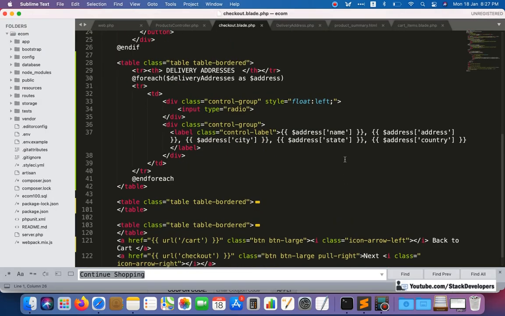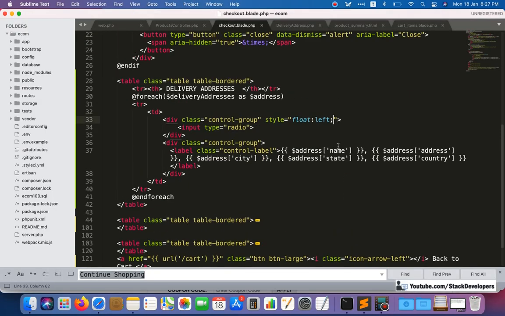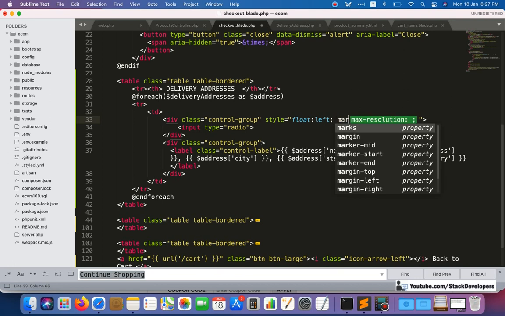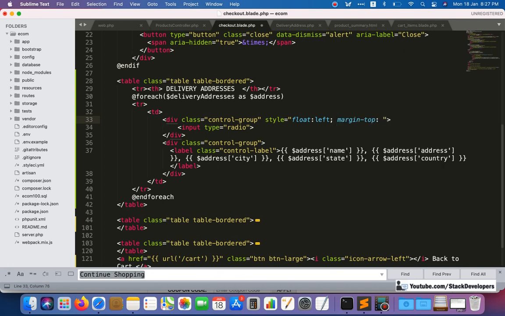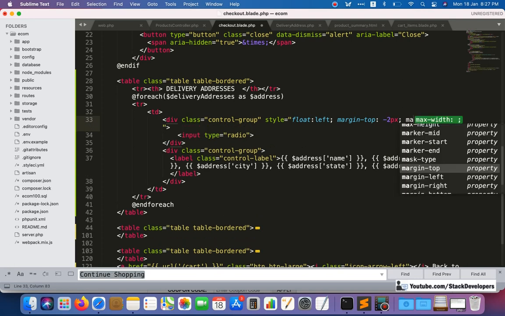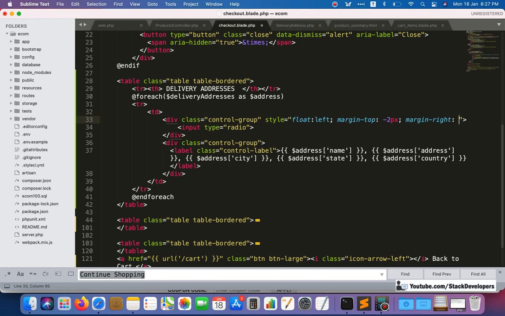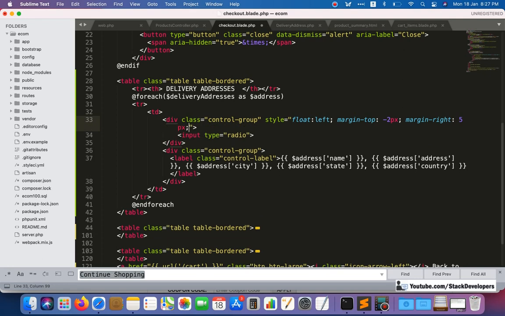Okay, so some corrections we can do here. We will give here margin top. We will give -2 pixel, and margin right as well. We will give 5 pixel. Okay, and here input type radio.